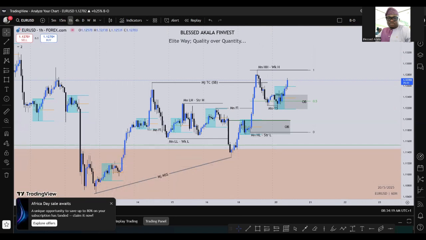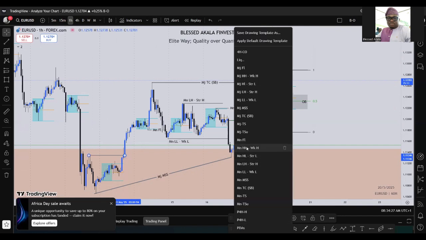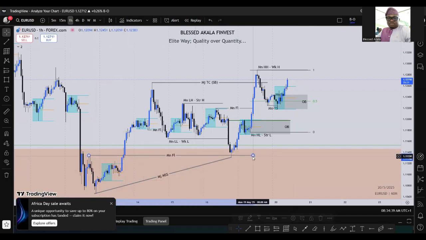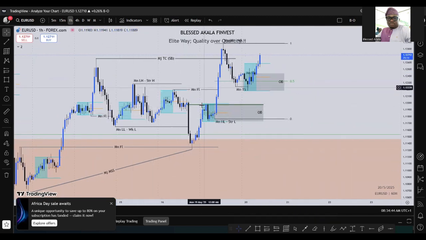So further, we talked about this particular level to be the flip, the minor flip that we have on lower time frame, that we were expecting price to come back into this little order block that we have here. But as we have it, it is the flip which serves as the mitigation block that sent price into the highs. And I noticed that this particular level is also this flip. This is the level that sent the price lower, and this is the leg that is sending price higher again.